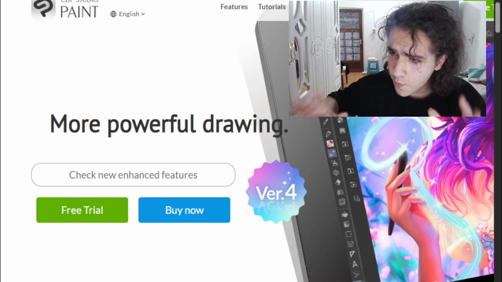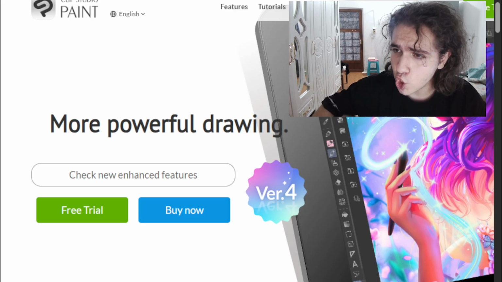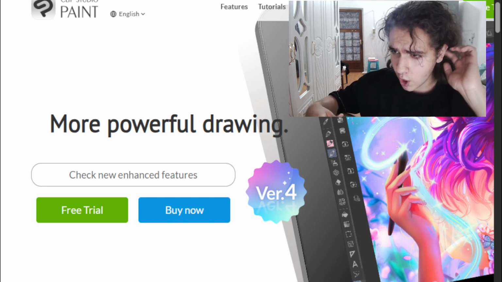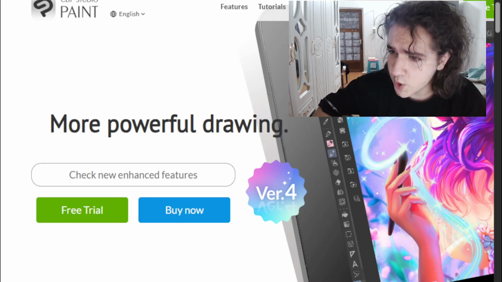If you're going for pixel art, I would recommend Photoshop and Aseprite, because Clip Studio Paint is definitely not one of the best in pixel art tools. But for any other 2D style, like anime style here, and specifically because Clip Studio Paint is very good in anime style, you would want to go to Clip Studio Paint. It's an amazing, nice software.